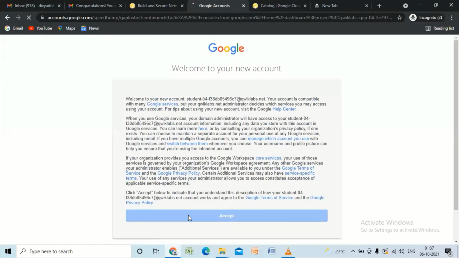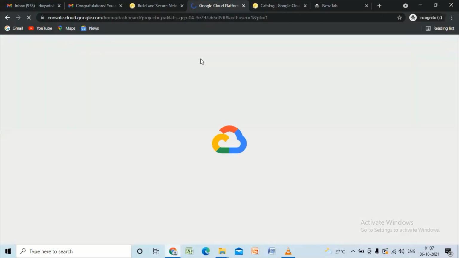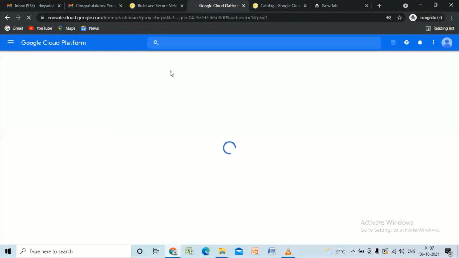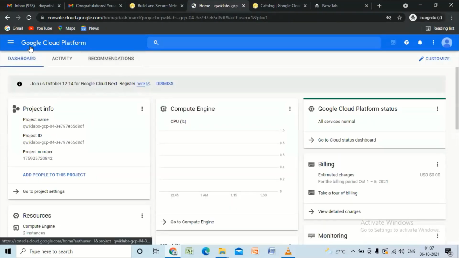Click on accept. And now we are here in the Google Cloud Platform.